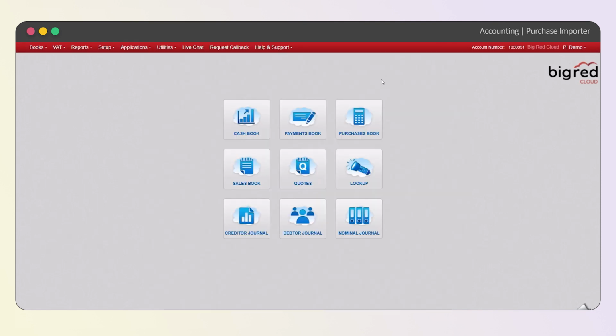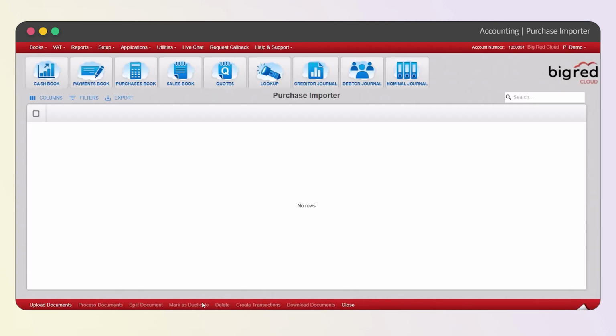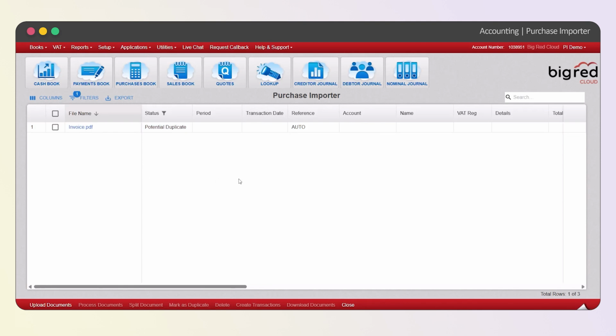So to actually open the Purchase Importer, what we're going to do is pop in here to the Purchases book. We'll notice the Purchase Importer is now an option at the very bottom on our red bar. If that's not something you're seeing there, just reach out to our accounts department and they'll be able to advise you on that. So if we click this Purchase Importer, it'll bring us into the Purchase Importer screen,